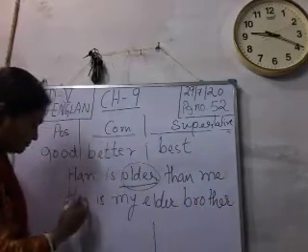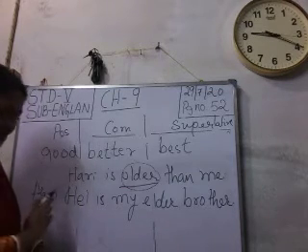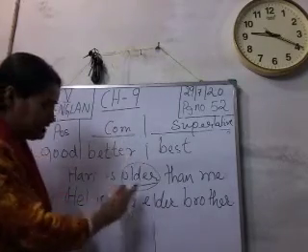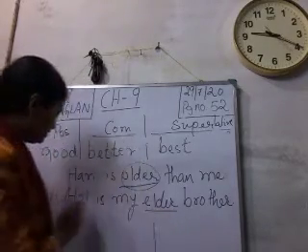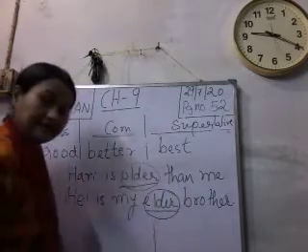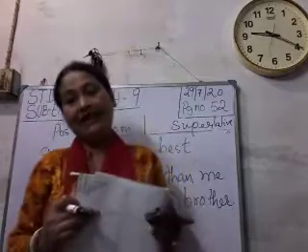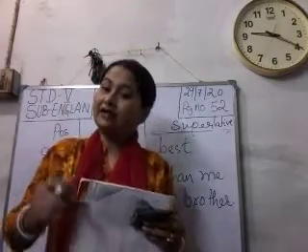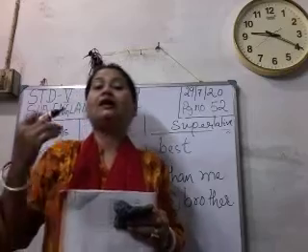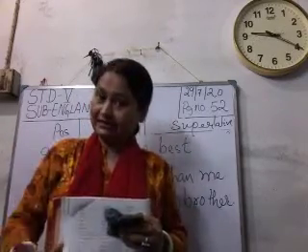Now he stands for Hari, isn't it? Here I have written older because we are mentioning the age. Here we are talking about relation. So he is my elder brother. In place of older, we are using elder here. Is it clear? When we talk about age, the comparative form of old becomes older. When we talk about relationship, the comparative form of old will become elder.